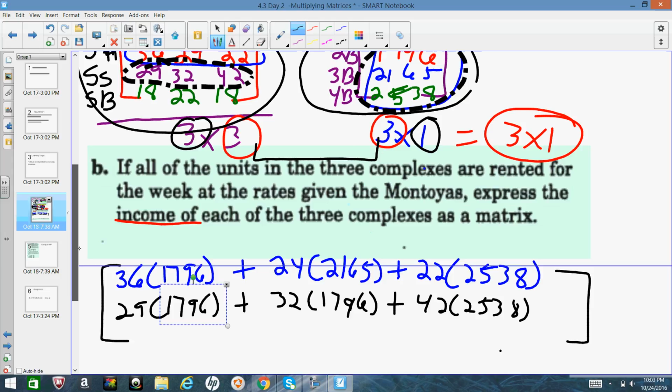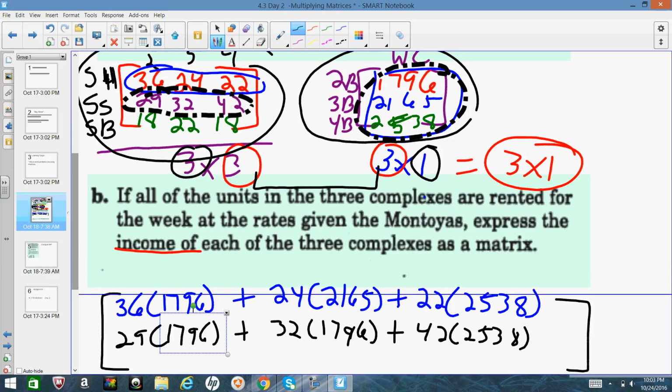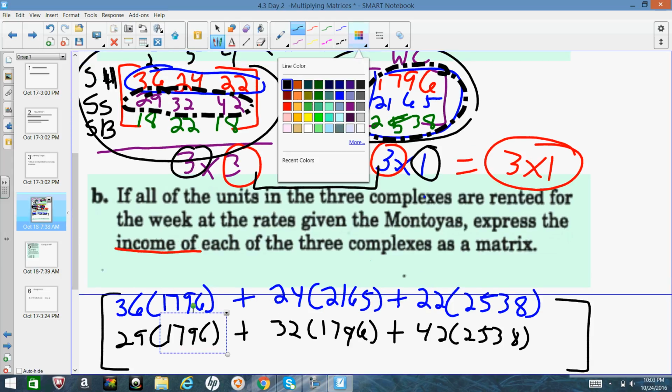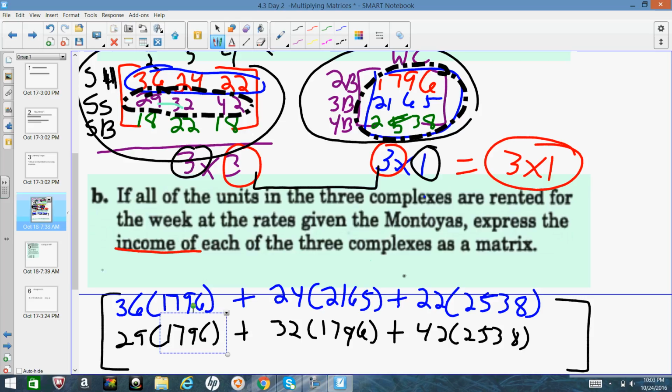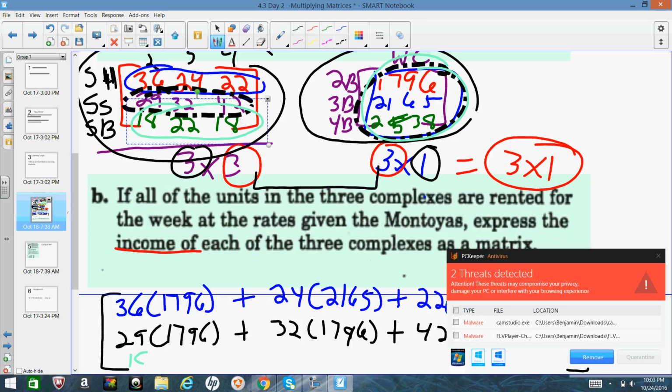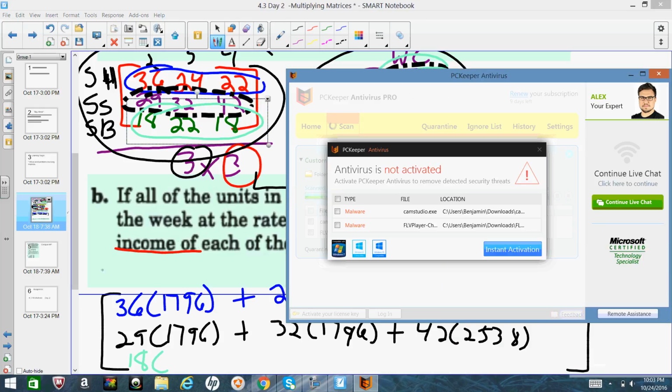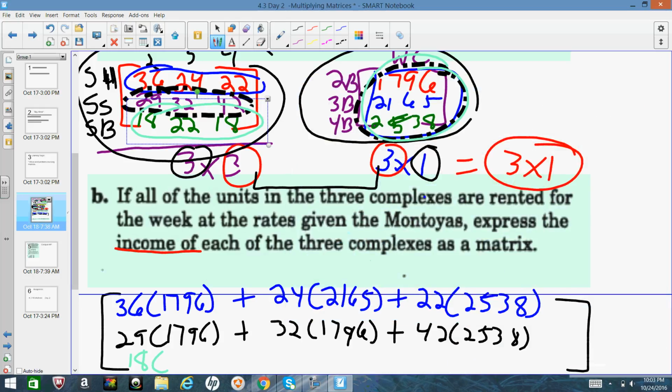And if I scroll down, it'll be fine. Lastly, I'm going to grab a nice teal color. I would have the bottom times my income, or how much I can rent it out for. So if I go my teal, I would have 18 times, 1796